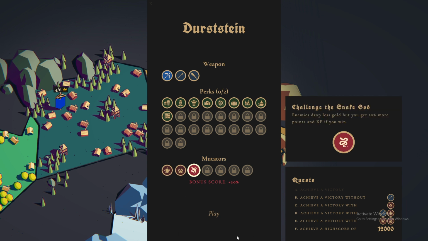And so like I spoke about the unlocks before, these are some of the unlocks, but not all of the unlocks. So these unlocks here are your weapons, perks, and mutators, and these are all things that you can check mark to basically load into the game to create your unique experience for the game. But there are other unlocks